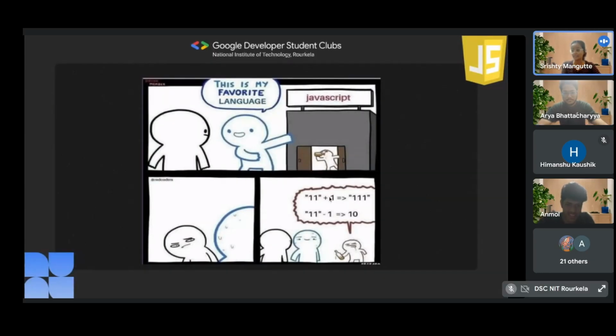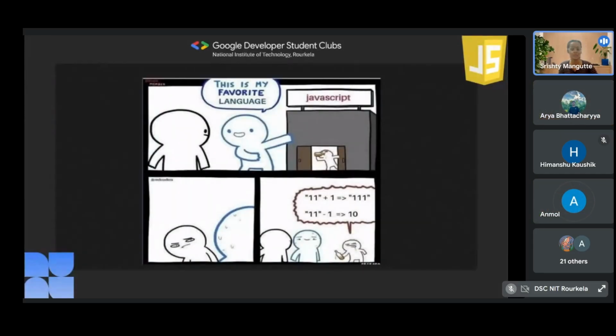But as Himanshu said, we can add numbers and strings. Here 11 is a string and 1 is a number, but still we can add them, and that results in 111 rather than an error. The string 11 minus 1 gives 10. We can't do this in C, C++, or any other coding languages, right?